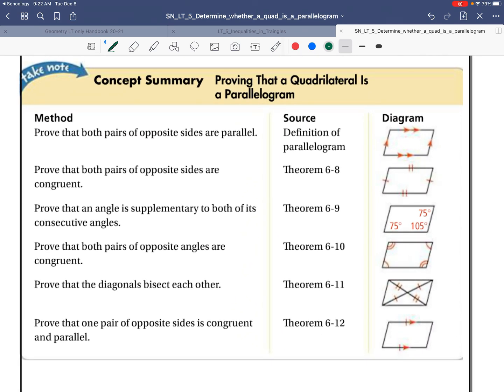This is a great slide just to summarize everything that was in this lesson. You can see that there's a lot of properties in this lesson. That's all for this